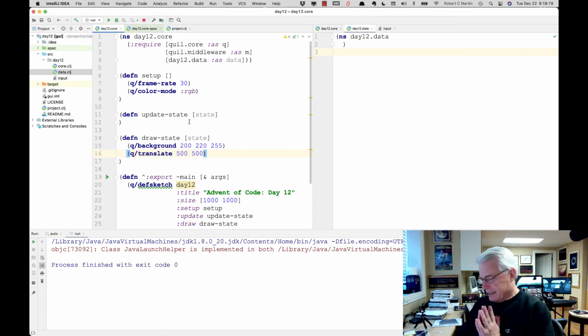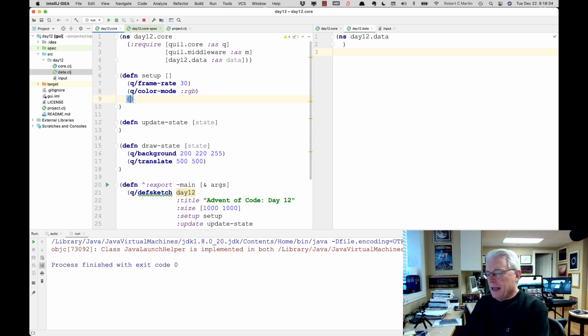All right. There's a few things that we need to understand before we begin. What is the world that we are going to be drawing? The world that we are going to be drawing is going to be a map, and it has a direction. Let's call it the heading. This is the direction that the ship is facing. And at the moment, I'm going to assume